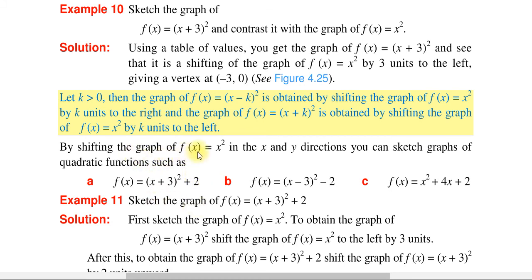By shifting the graph of f of x equal to x square in the x and y direction you can sketch the graph of the quadratic function such as f of x is equals to x plus 3 the whole